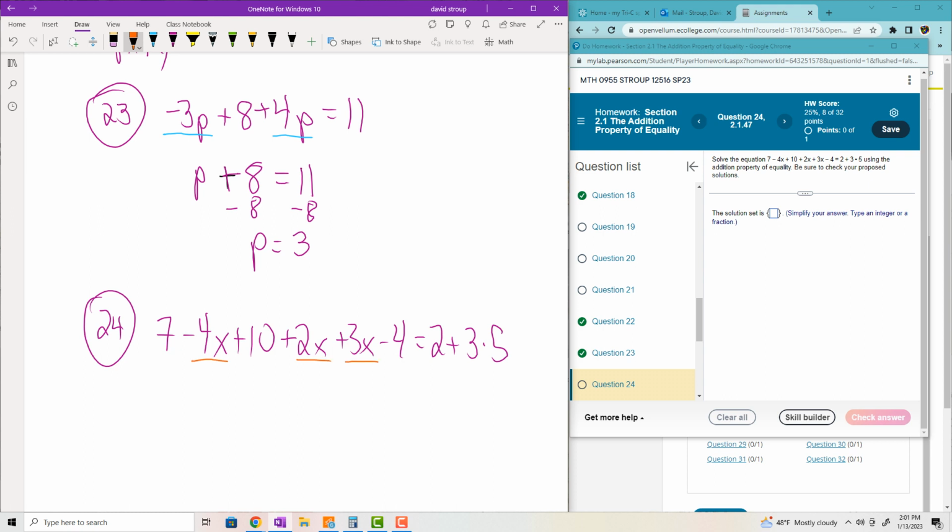Here's all the x material, and you add their coefficients, the numbers in front of them. So you get negative 4 plus 2 is negative 2. Negative 2 plus 3 is 1, so I have 1x, which we just write x. And then I add all the constants together. So 7 plus 10 is 17, minus 4 is going to be